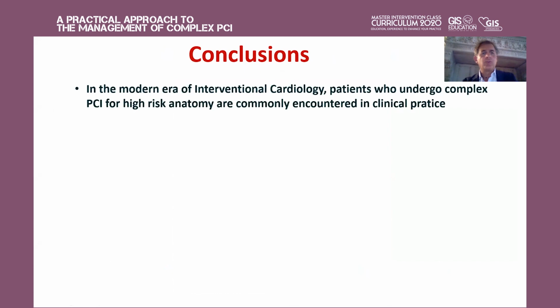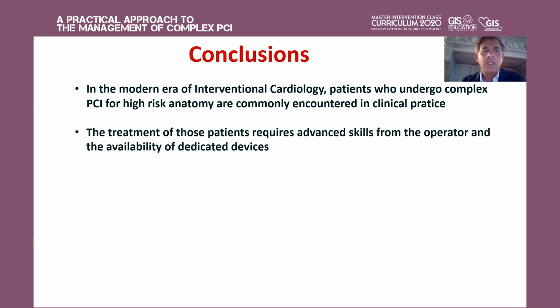So to conclude, in the modern era of interventional cardiology, patients who undergo complex PCI for high-risk anatomy are commonly encountered in clinical practice. We know every day we need to treat these patients, and we are pushing the envelope every day to treat more complex patients, but we need to have very good results. So it's very important to know how to treat these patients, and the treatment requires